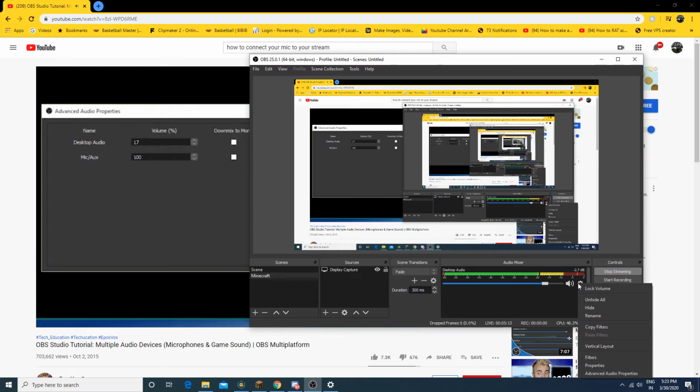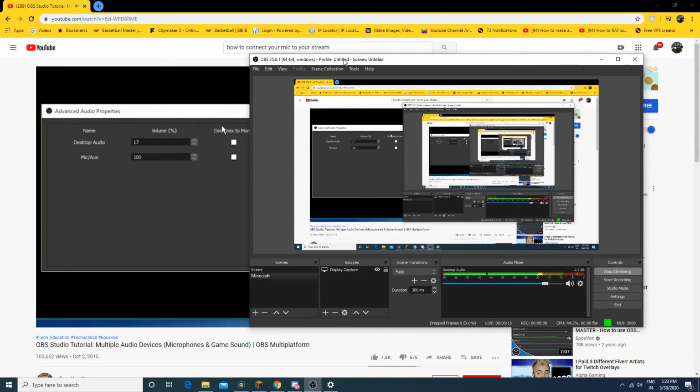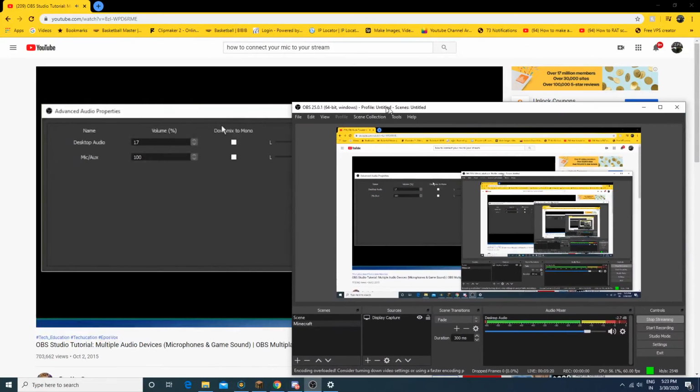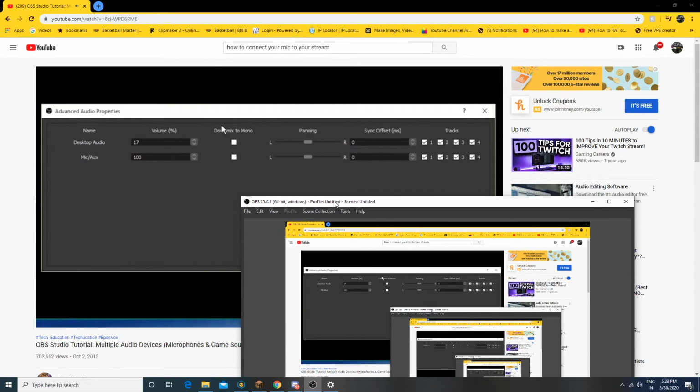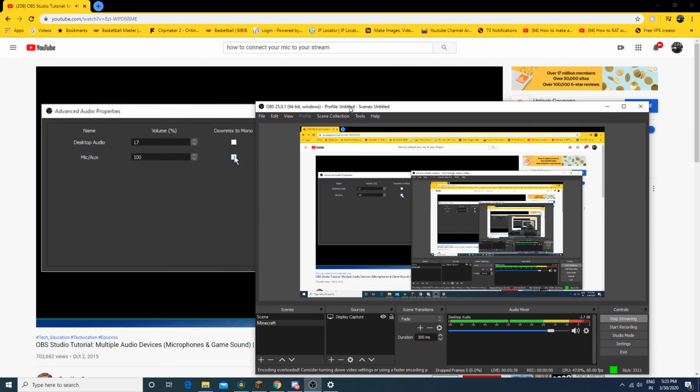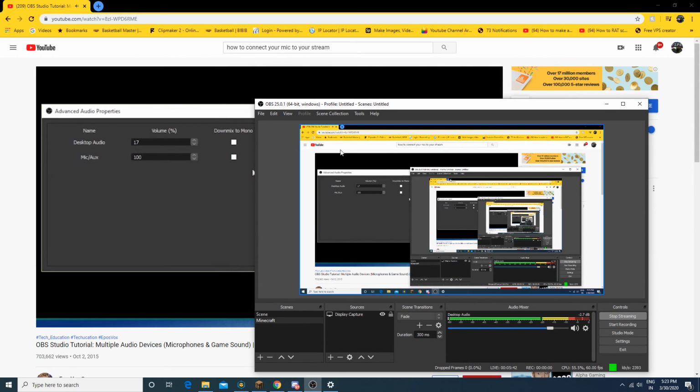Now, one thing I want to point out real quick is this down mix to mono option. If you're only getting microphone audio through the left or right speaker, this is because you have a mono microphone. There's nothing wrong with that. And most professional grade microphones are mono. But if that's what's happening, then you're going to want to down mix it to mono. That way it outputs it to both speakers for all of your viewers. That seems kind of backwards, but a mono stream is actually going to output via left and right equally. Whereas if you have a stereo input that's coming in but only on one side, it's only going to go out that one side. So look at that, and then if you need to offset your